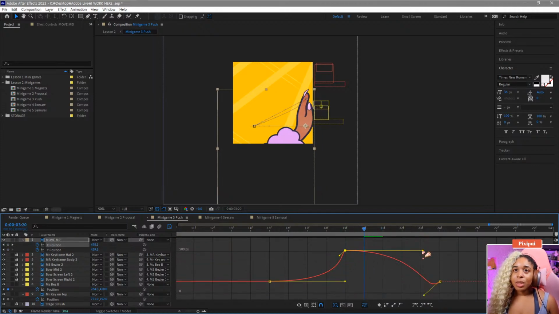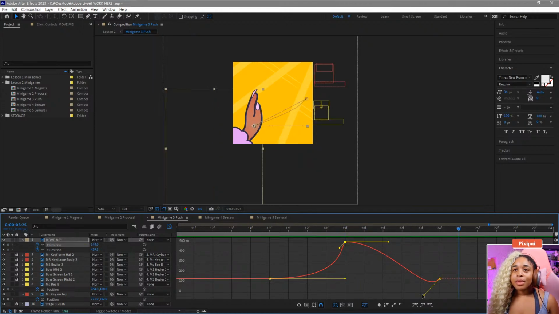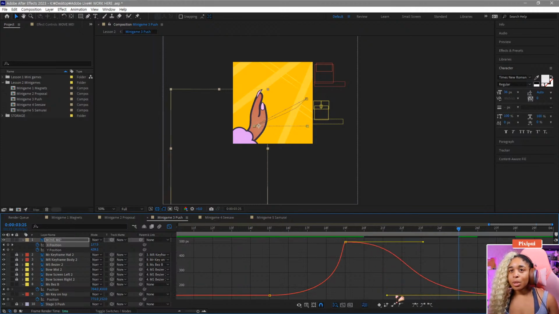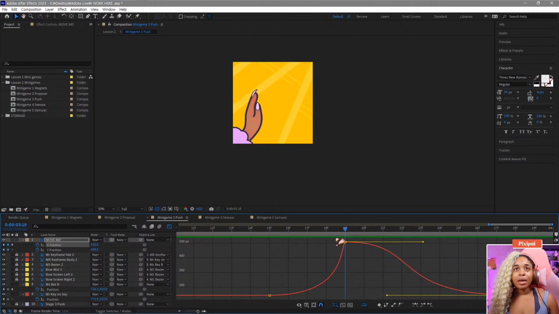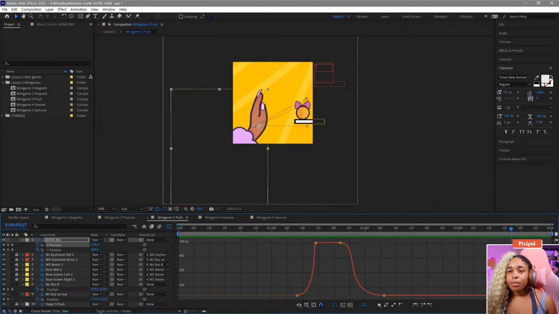Let's make sure it's on the same line. There we go. And I want the end to also be slow, so I'm going to drag it out so we can actually see a longer line. There we go. So now we've got the hand going to the side. But the only problem is